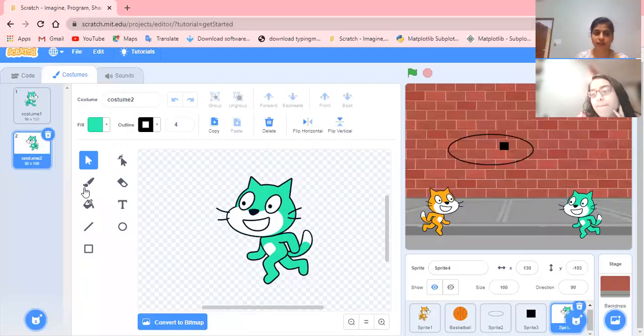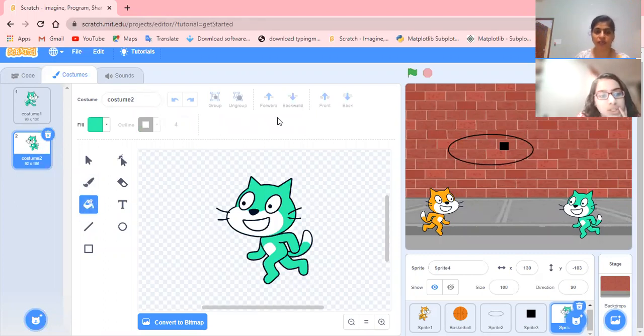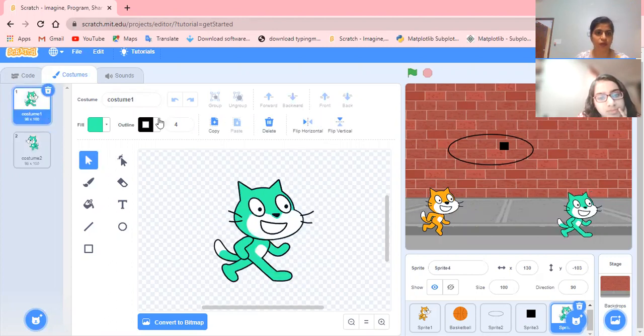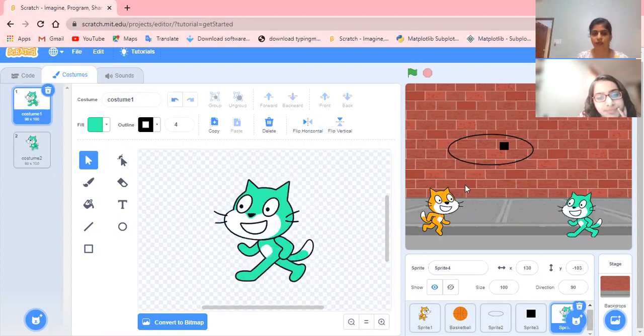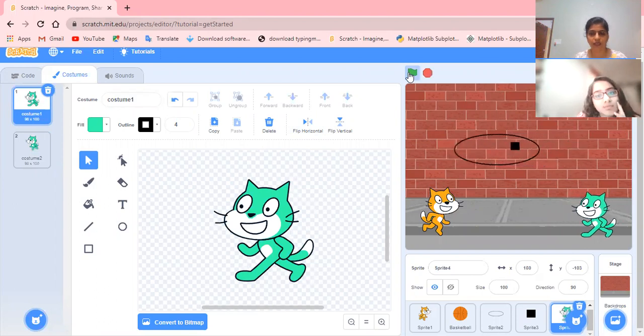As per the selected tool, options will be visible. Because the fill bucket was selected, flip rotation was not coming. We are supposed to click over that, then flip rotation, flip horizontal also will come. Now check by clicking over the green flag. Yeah, the cat is walking properly, and this is jumping. Done.